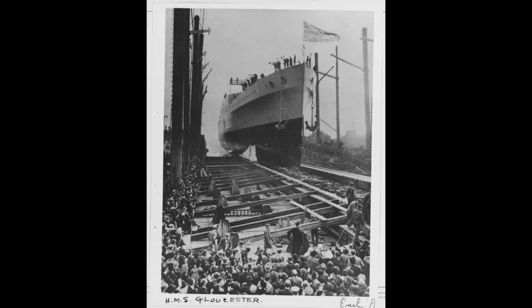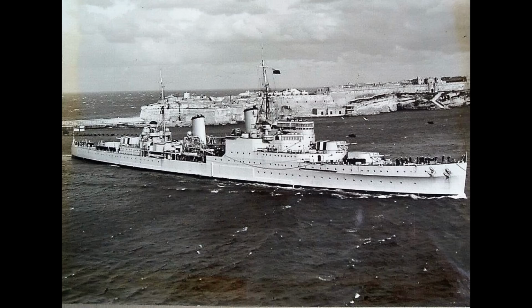HMS Gloucester was the last town-class light cruiser to be laid down before the slightly larger Edinburgh and Belfast, starting construction in September 1936, launching in October 1937 and commissioning at the end of June 1939. She had only a brief pre-war career serving on the China station before the outbreak of the Second World War